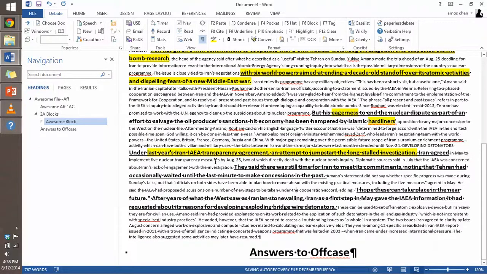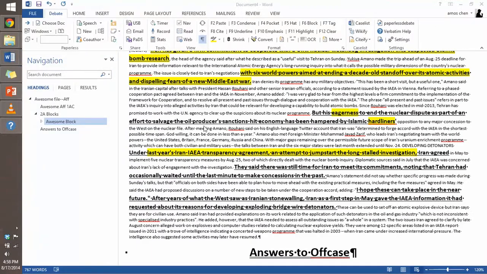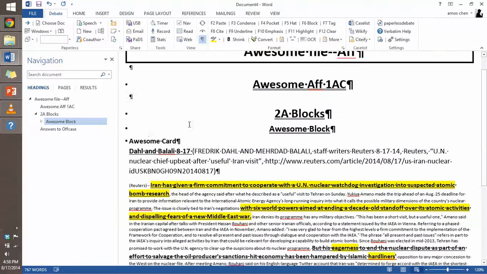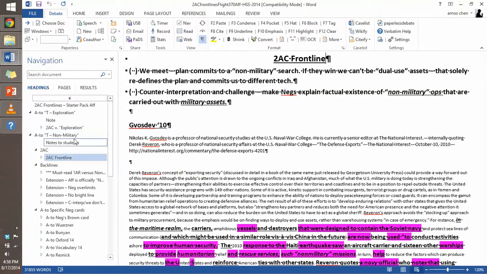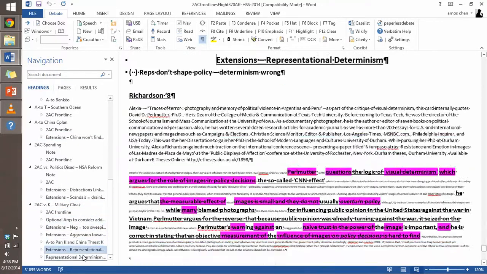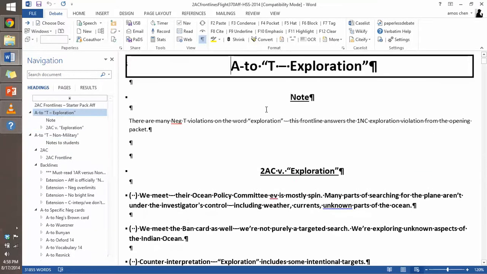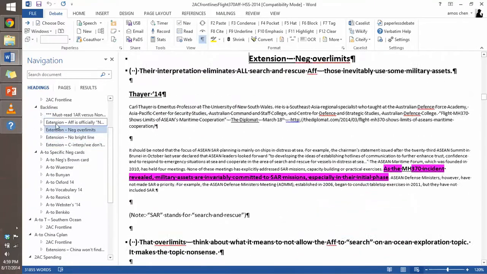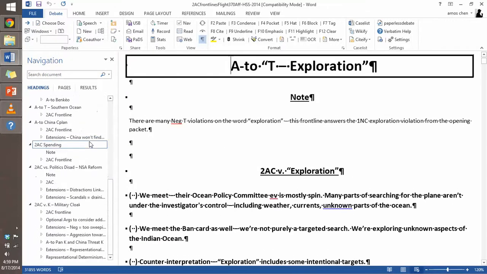Alright, so now that we've talked about file formatting, I'm going to go over how verbatim makes paperless debating so much easier. So I have my AF blocks, my 2AC blocks file open, and I want to make my 2AC. Obviously this big file is really hard to handle since I'm not going to be reading the entire file in the round. So what I do is